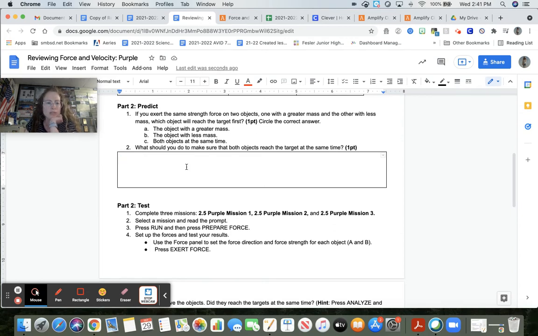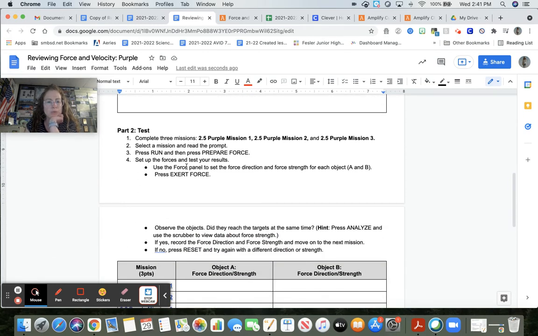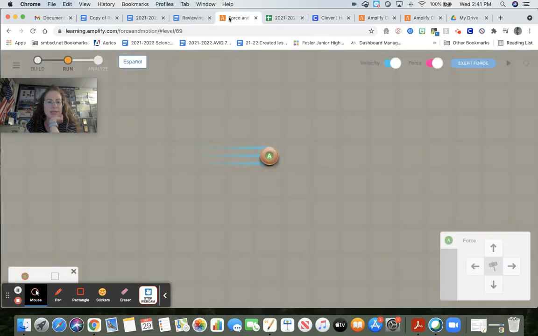What would we have to do to make sure that they hit a target at the same time? Okay. So part 2, we're actually going to test that. So notice it says complete 3 missions: 2.5 purple, mission 1, mission 2, mission 3. So in my sim,